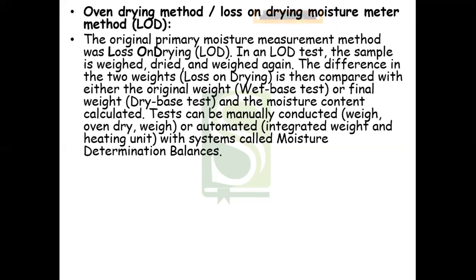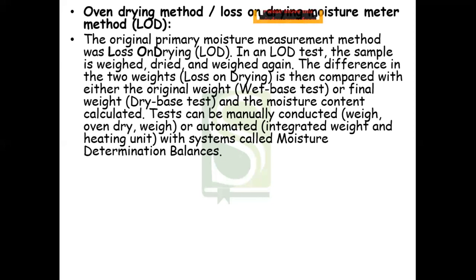Why? Because in that hot air oven, because of the hot air, some amount of water from the wet solid is removed. It evaporates, and your wet solid decreases in weight. Once it is dried, you weigh again. Again you keep it, again you weigh it. You carry out this process until you get a constant weight. Constant weight means that beyond that weight, there is no decrease in the weight.